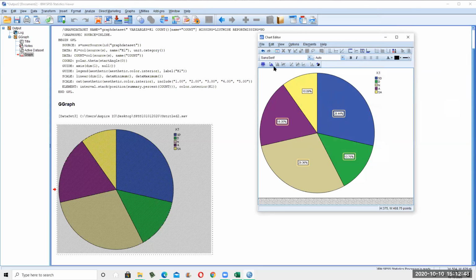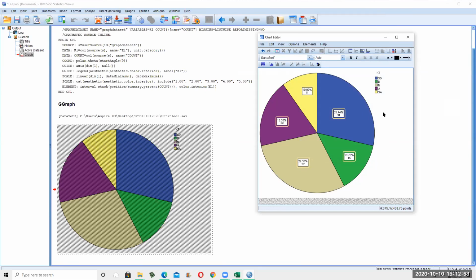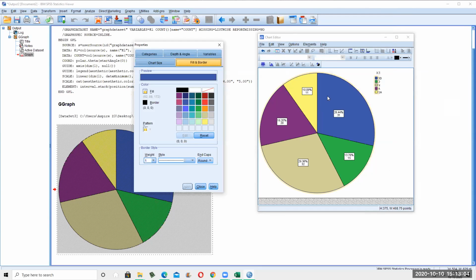If I want to see the count, for example, more information, I'll go here and choose also count, and it will be like that. And okay, if I want to have more editing options, I can go here and double click the image, and I can change, for example, colors,